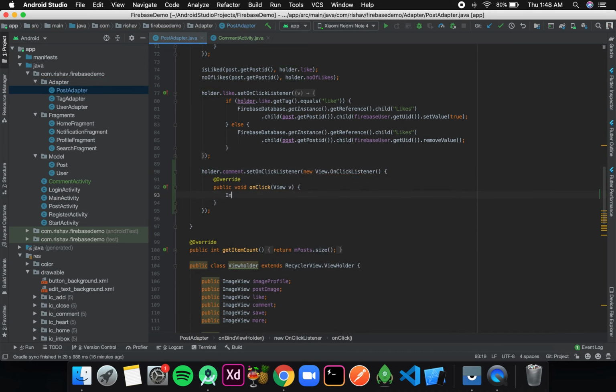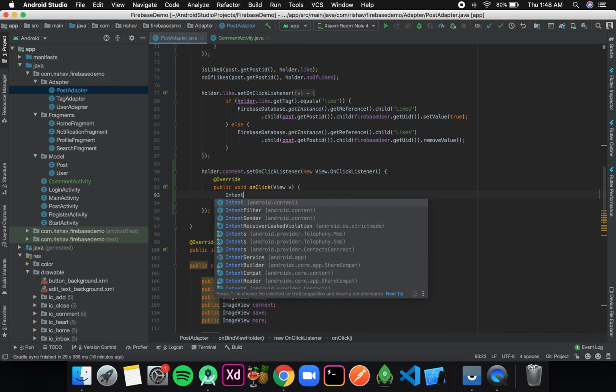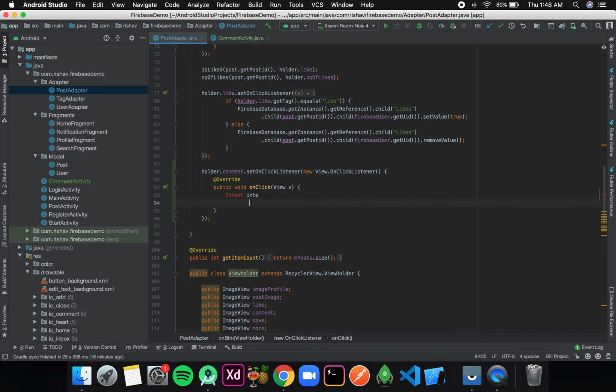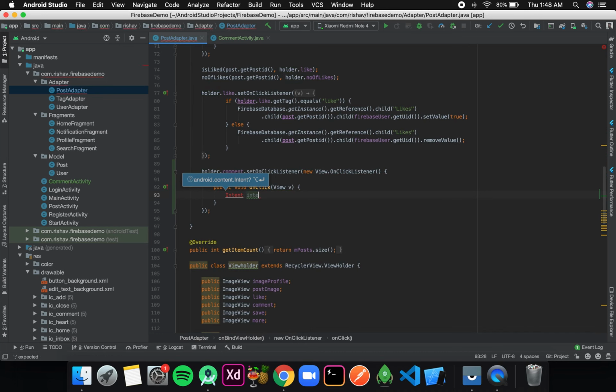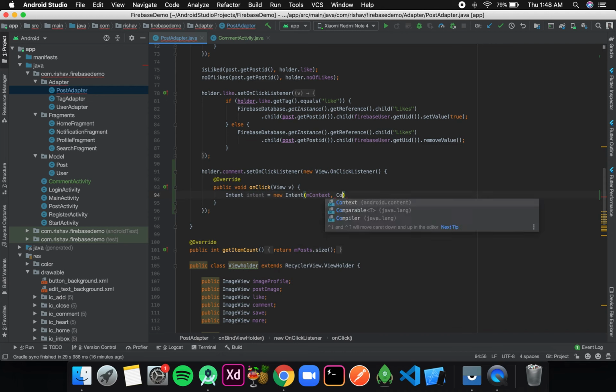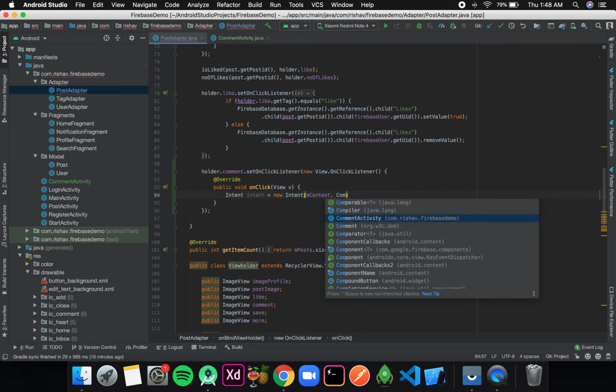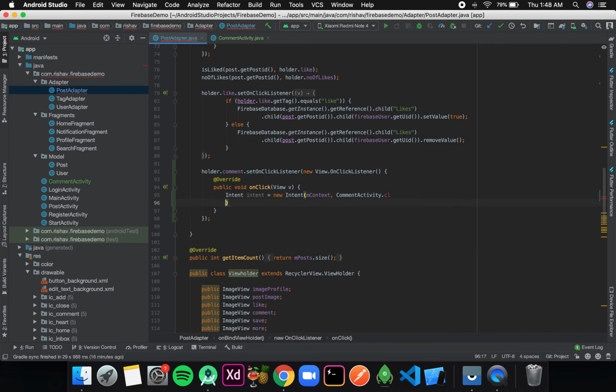Then over here I'll start an intent: intent is equal to new intent, from m context, that is the present context, to comment activity dot class.